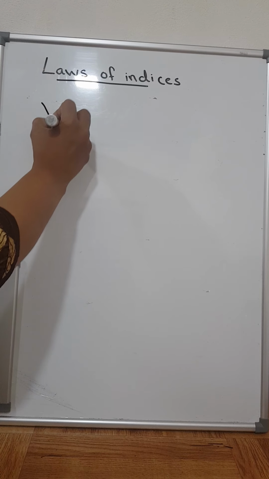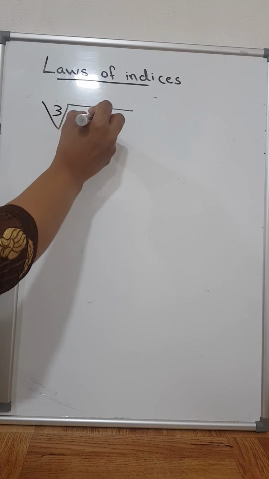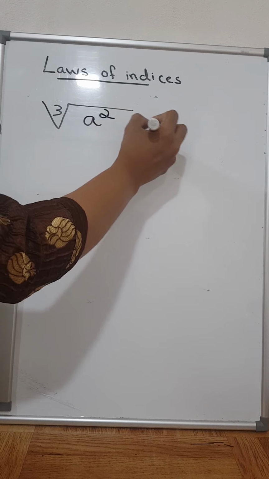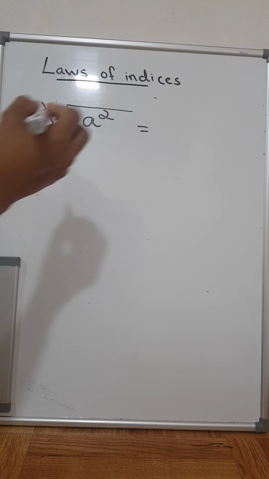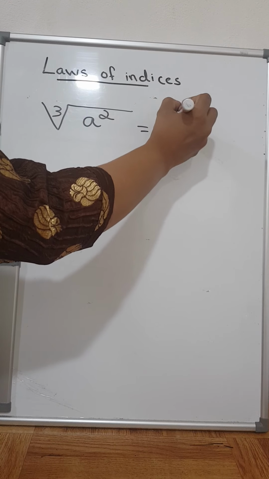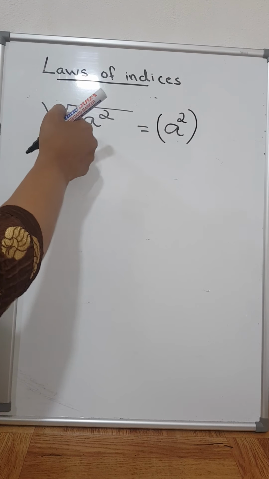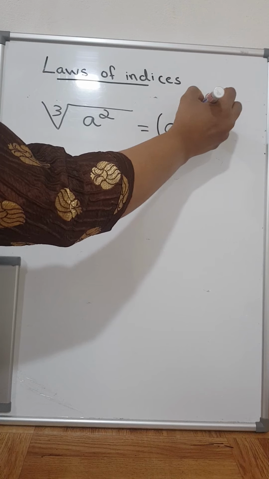Now you see, how can we represent cube root of a square as an index? Let's try. So let's represent it as a square to the power 1